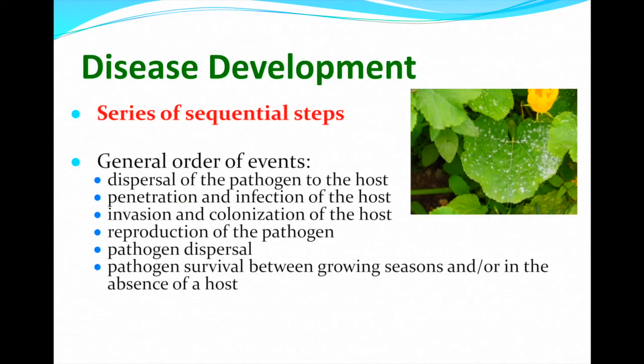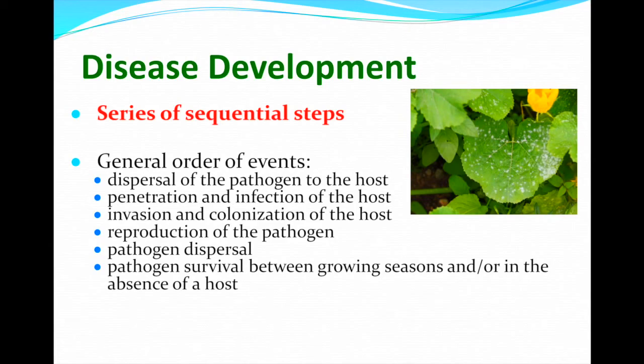Just a little bit about disease development, and I have hinted at this a few times here. You have a series of sequential steps that lead toward a malfunction or disease in a plant, and anywhere along the way, you can have plants that are resistant or immune that are capable of stopping this process and preventing disease. Remember, all plants get exposed to pathogens. It doesn't mean they become diseased. They have some miraculous mechanisms to stop some of these steps in action to prevent the progression toward disease.